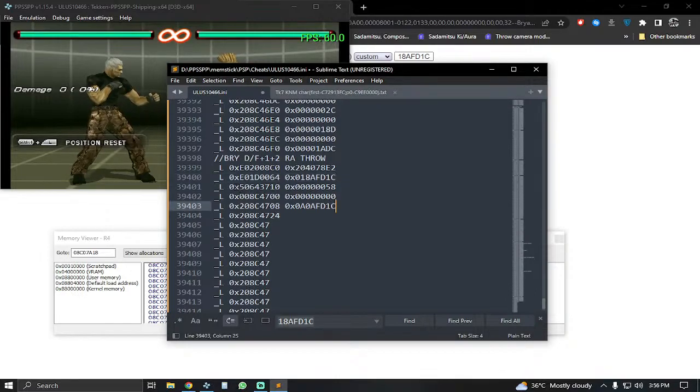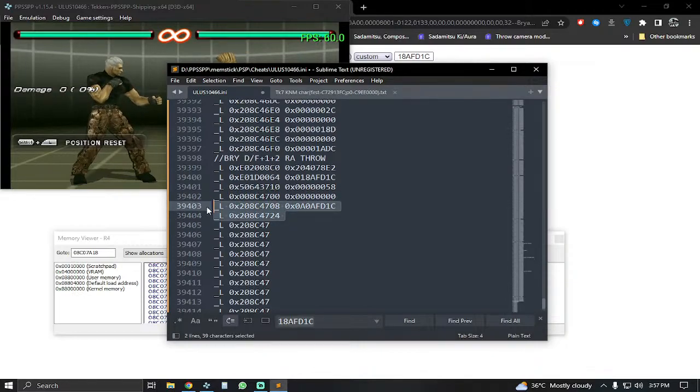And down here, what we are doing is copying 58 bytes, which is the normal length for a single move, the move data, in this game. Okay, 58 bytes is the length. We are copying 58 bytes from a P0 move. Basically, player 0 move is a universal area that every character can use. So we are copying from there 58 bytes to a